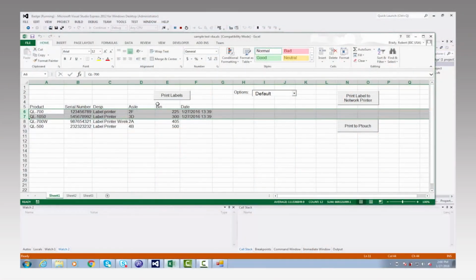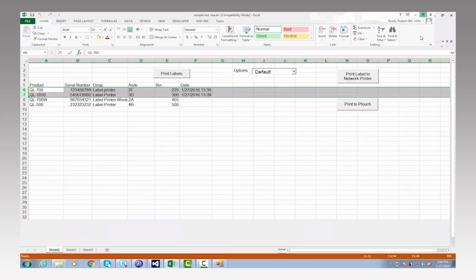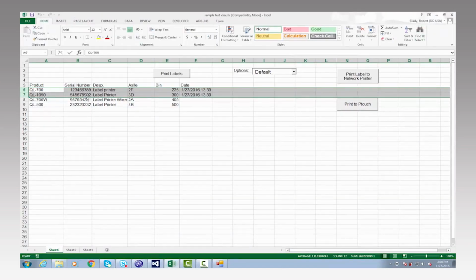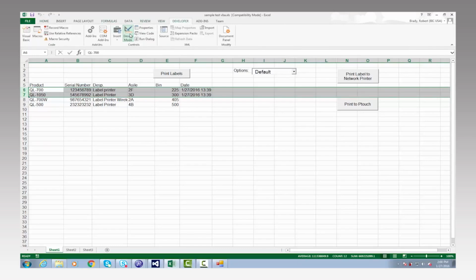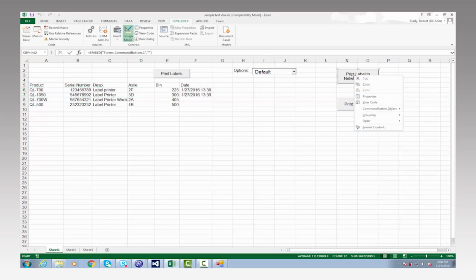What I'll show you next is how we can actually also make an application inside of Excel to utilize the b-Pac SDK as well. And you see here I just have a couple of products, maybe where they're located, and I want to print out a label for stock. So what I can do here is I made a little application. You can see some buttons here. We will just go to the developer section of Excel, turn on the design mode to take a look at this. And if we right click here and go to view code,